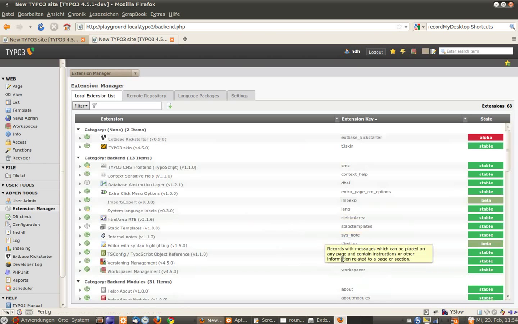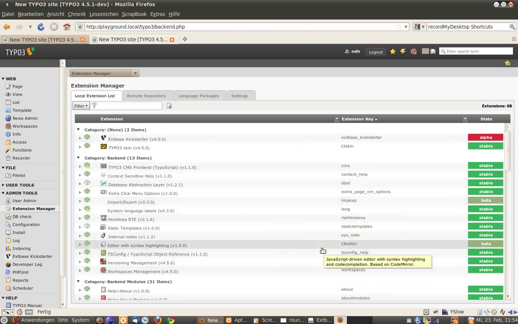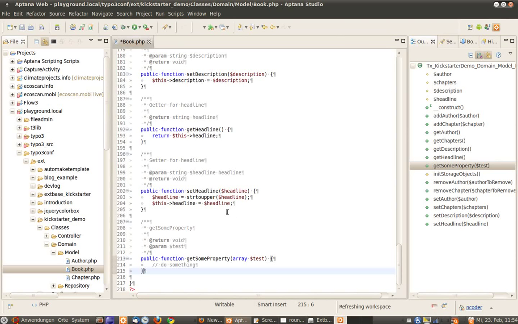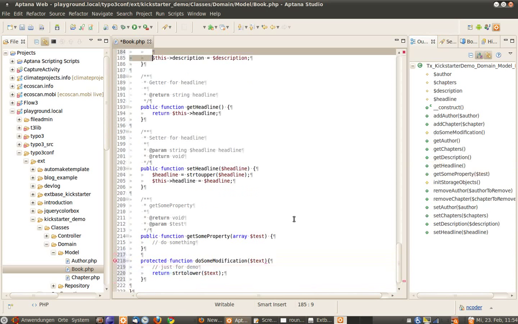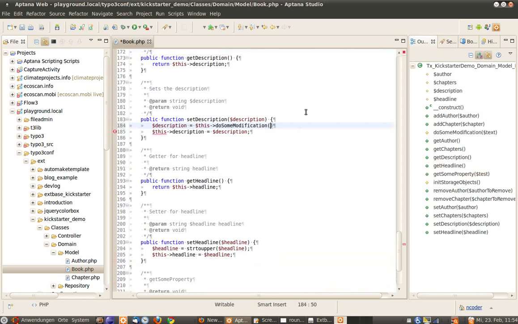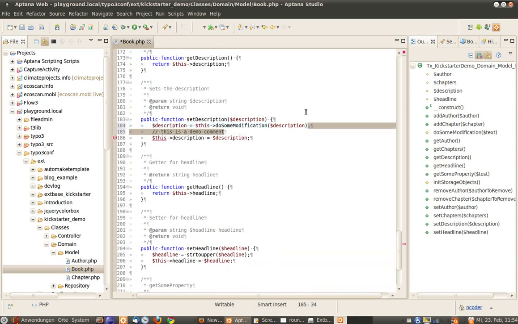Okay, now we can start to modify the source code. Here you see the model of the book, which has the auto-generated methods. Now we will start to add a custom method, and use this method in a getter or setter, in this case for a class property. Now we save,